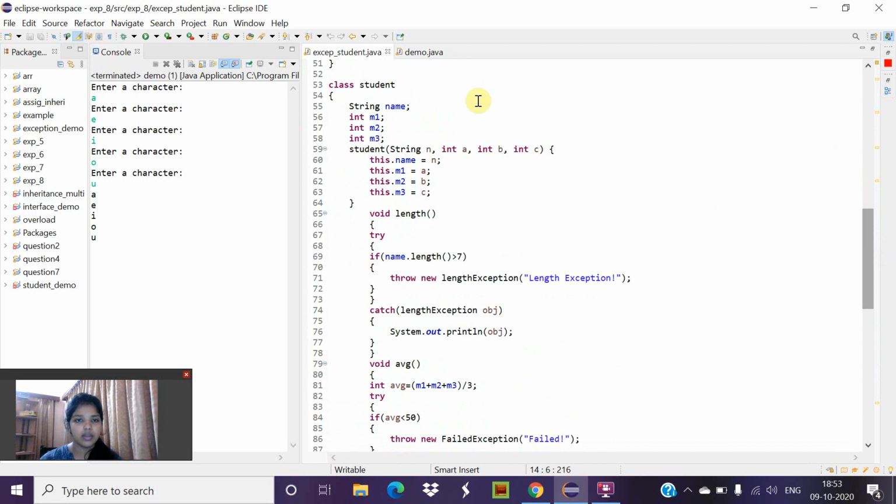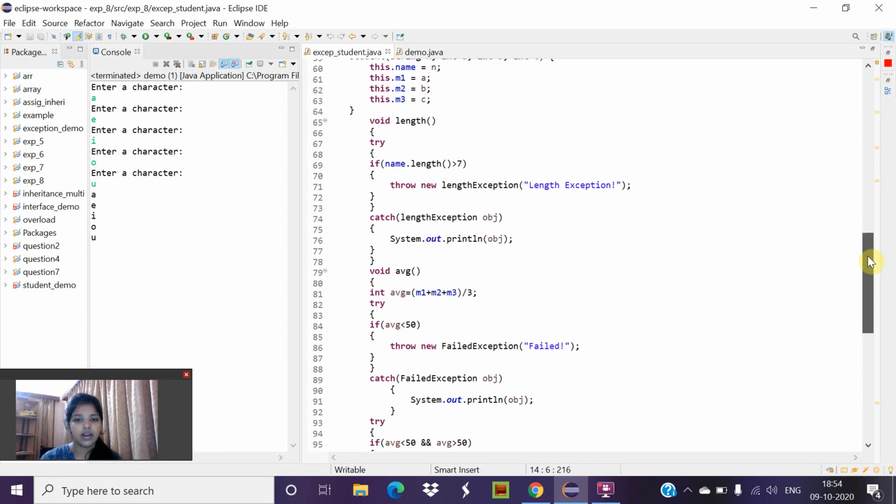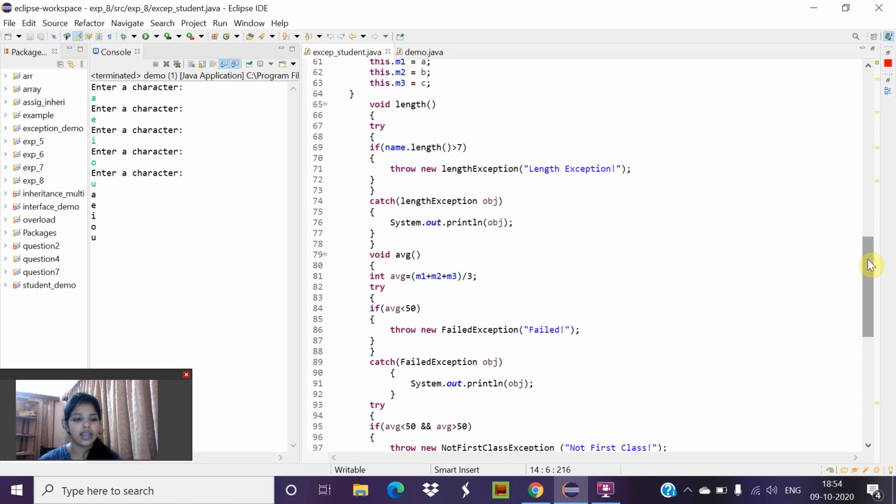Now, coming to another class called Student, we are declaring string name and 3 integer variables m1, m2 and m3 for getting 3 marks, and we are creating a constructor here. Inside that we are giving a function called length. Inside that we are giving a try block which contains the code which might throw an exception.